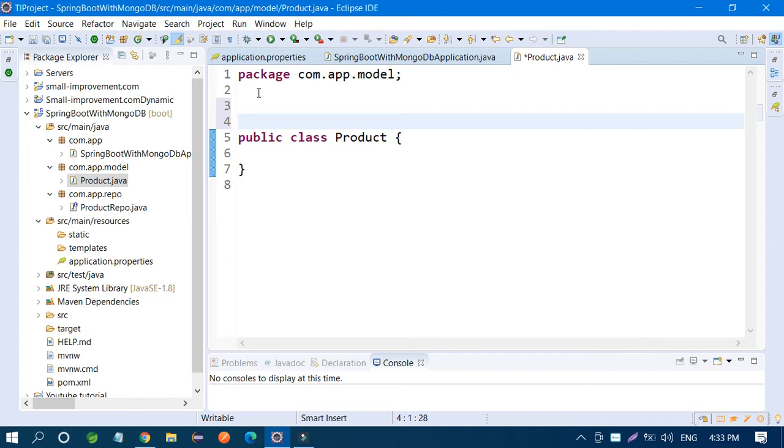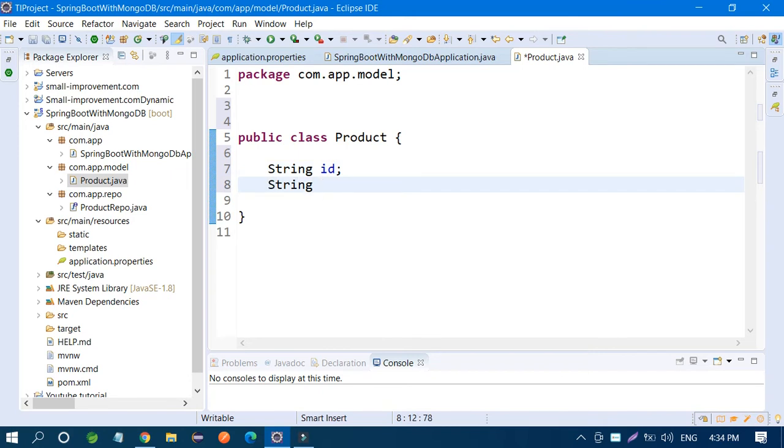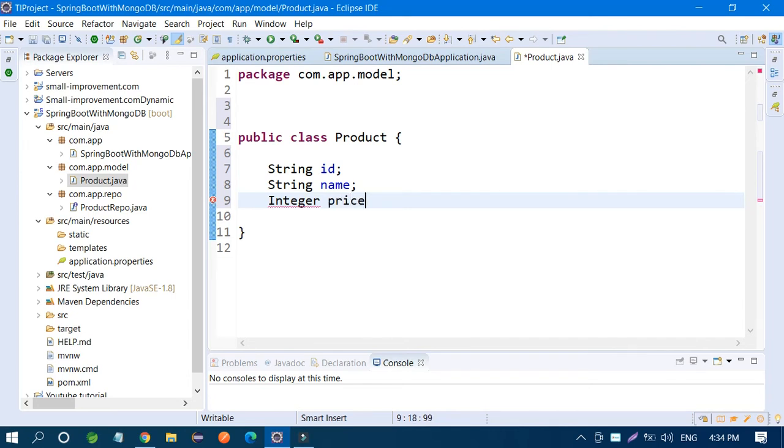Whatever you want to store inside this, you have to define it. So create data fields: String productId, String productName, and product price. For the price you have to take an integer.